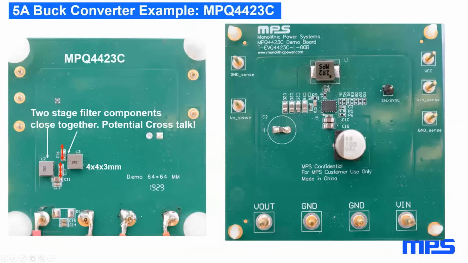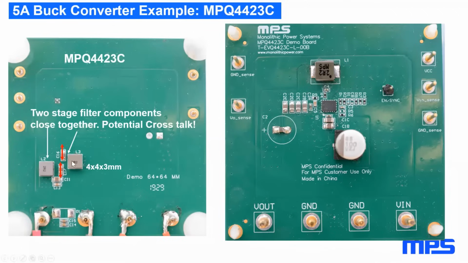Here's a photograph of the PCB. On the top side, you see in the center the IC. The input capacitors C1C, C1B are located very close to the IC. You see a relatively large switch node connecting the inductor, and we have a large area for Vout and also a relatively large area for Vin. This is also due to the aluminum electrolytic capacitor that is placed for damping the input.